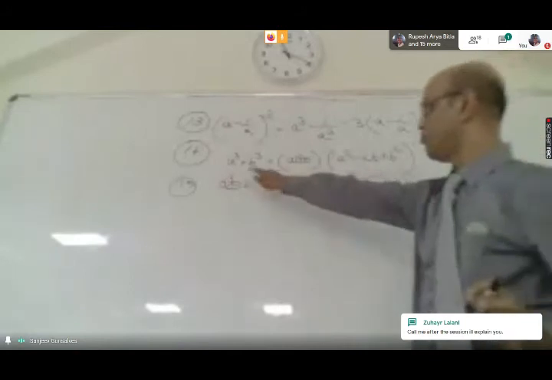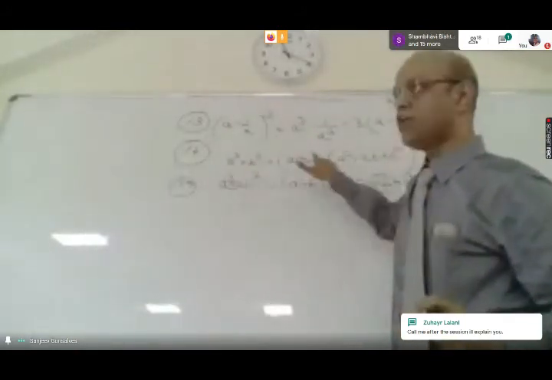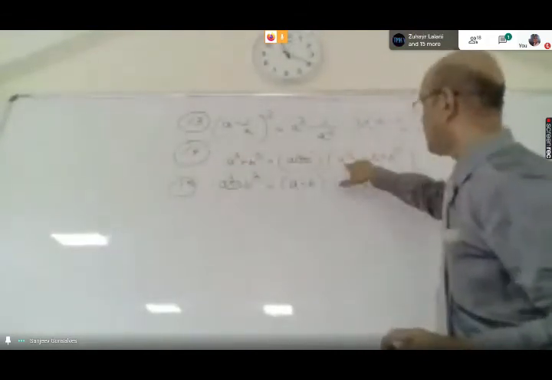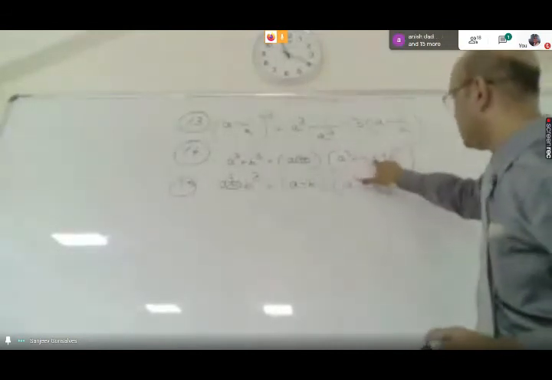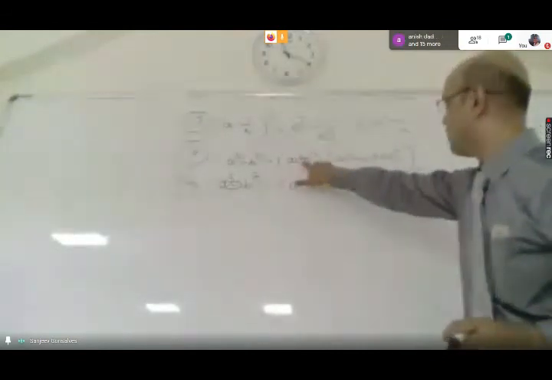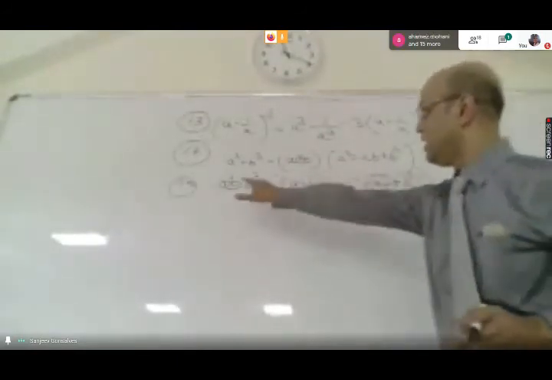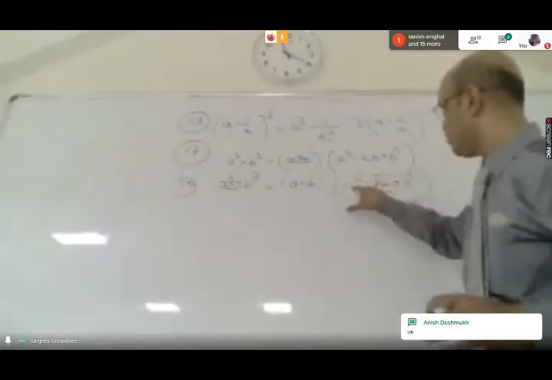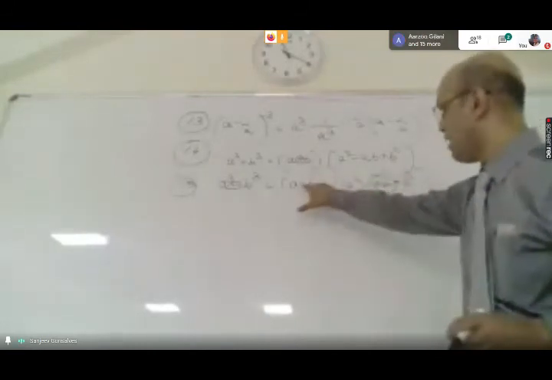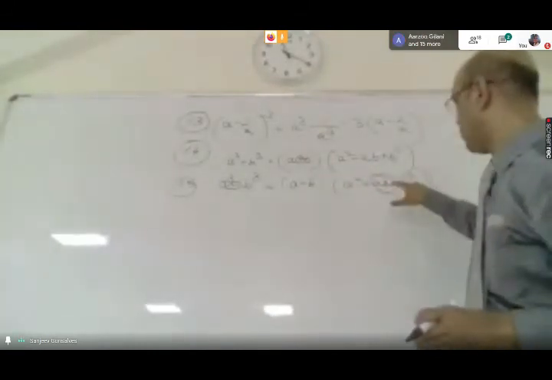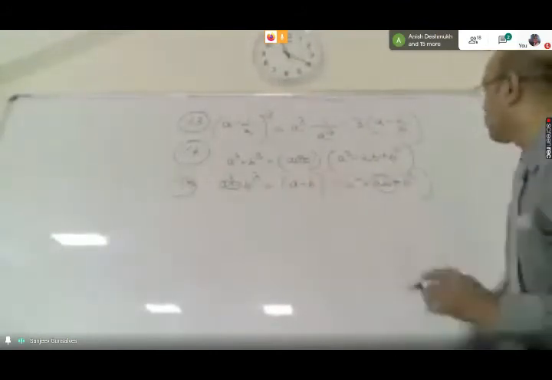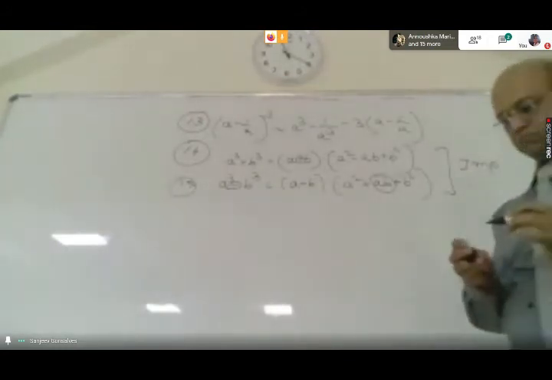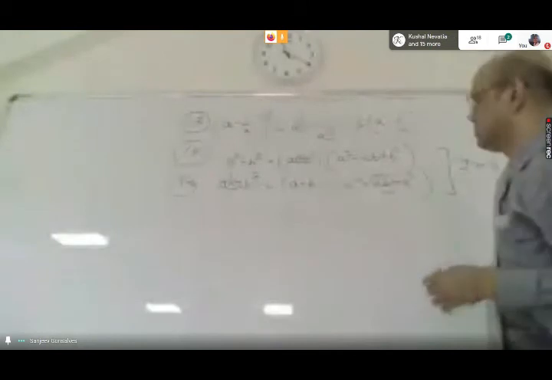You have to always remember these two formulas. That is A cube plus B cube is equal to A plus B inside the bracket A square minus AB plus B square. Why minus? Because opposite to the plus is minus over here. Okay? A cube minus B cube is equal to A minus B inside the bracket A square, this is minus, therefore it will be plus, plus AB plus B square. These are also very important formulas. Important, please write. We have to use very often.